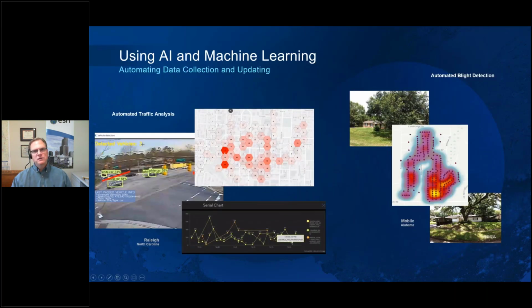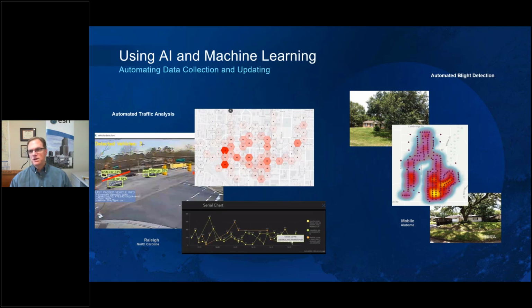And then AI and machine learning is something that you may think, well, that's not really ready for planners yet, and you would be mistaken. This has actually taken off very quickly. In fact, the American Planning Association has a task force underway that's actually looking at formulating strategies for planners about how to use AI. In Raleigh, North Carolina, they substituted contractors sitting in a chair at intersections counting vehicles with cameras that will now automate not only vehicular traffic, but pedestrians, as well as bicycle traffic.